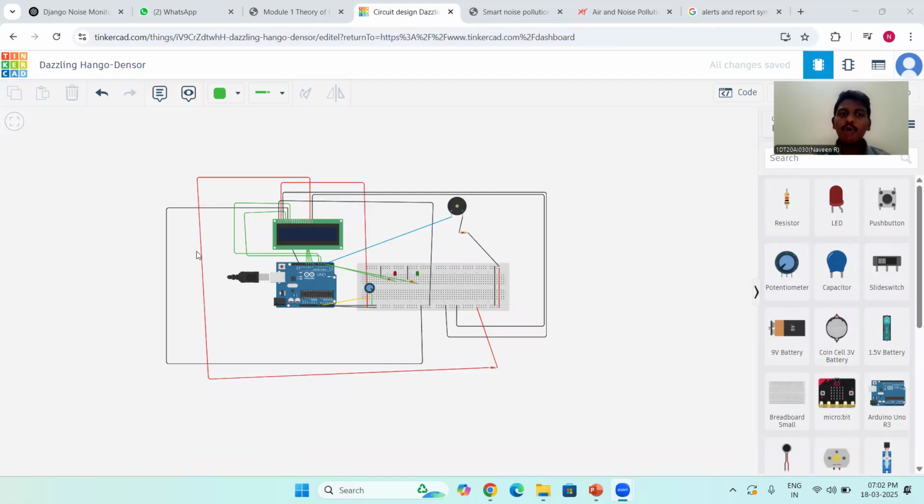This is the overview of the noise pollution monitoring system. This is the circuit diagram in Tinkercad, where we are going to detect the noise from the potentiometer. In these hardware parts we have a potentiometer and two LEDs, red and green, and we have an Arduino board, and an LCD 16 by 2,